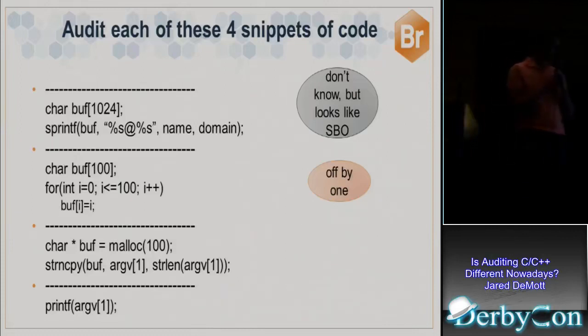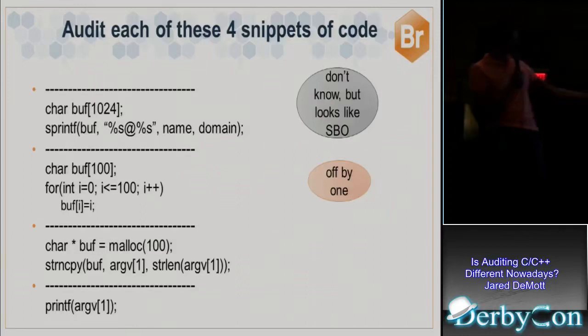If you don't know how the APIs work, you can just go to Google and type man space strncpy, and you can learn about that specific function if you're not sure how it works. The 3 parameters are destination, source, and length. And the length in this case is strlen of argv[1], which, in the case of these simple examples, is basically considered malicious input, right? So argv[1] in this case is the untrusted user input. And so we're saying however long that is, we'll copy into this buffer.